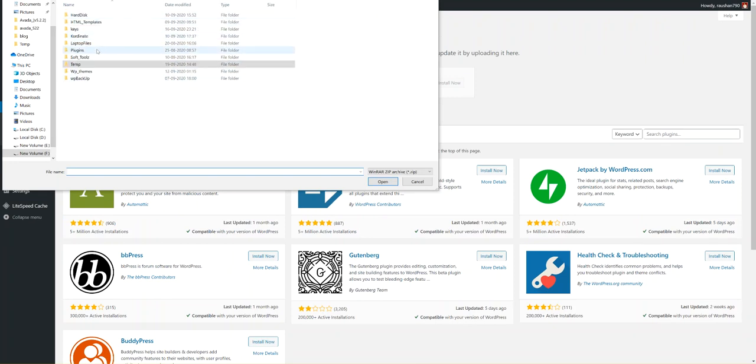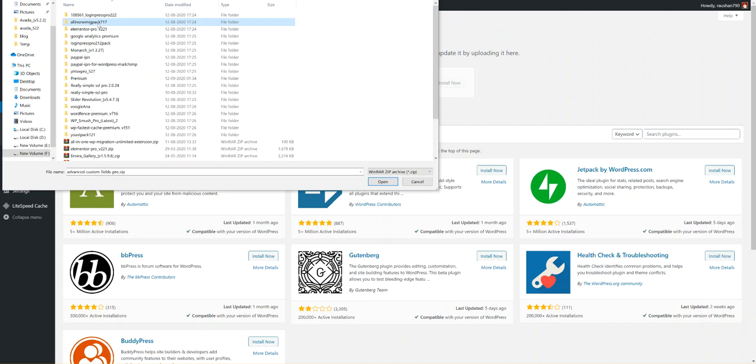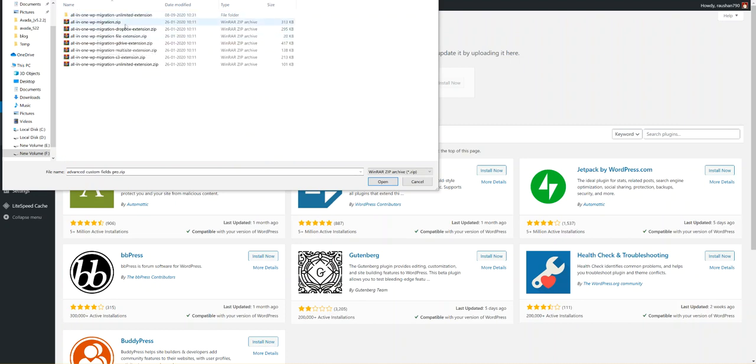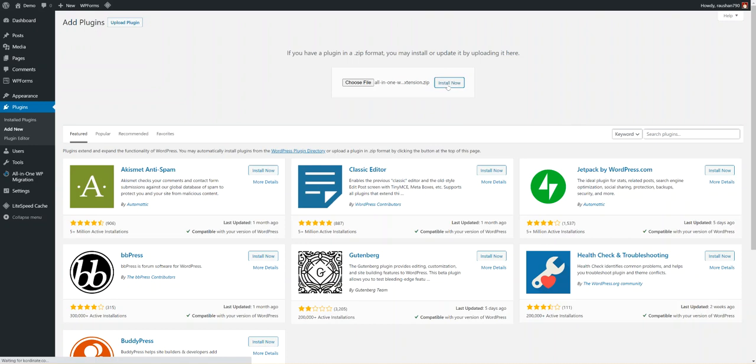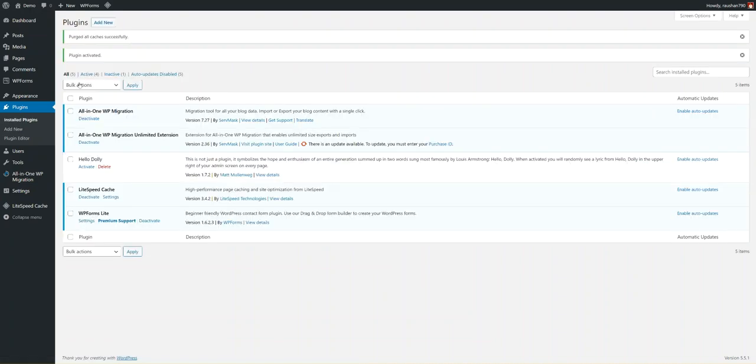I do have the plugin over here. Plugins. See, this one is the core plugin that we have installed already, and we need to install this unlimited extension. After installing this, that 1 GB restriction will go. We do have a couple of options to remove that restriction. You need to know coding, as we have to modify the constant function page, but it's better to go with this plugin as I can provide it to you free. You can install other plugins too.